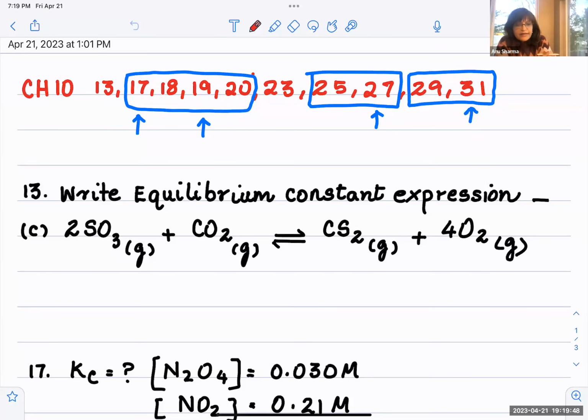Hi guys. Okay, so let's look at chapter 10 on reaction rates and equilibrium. This is a small chapter, so we are going to be doing the homework questions in this video lecture. We will do